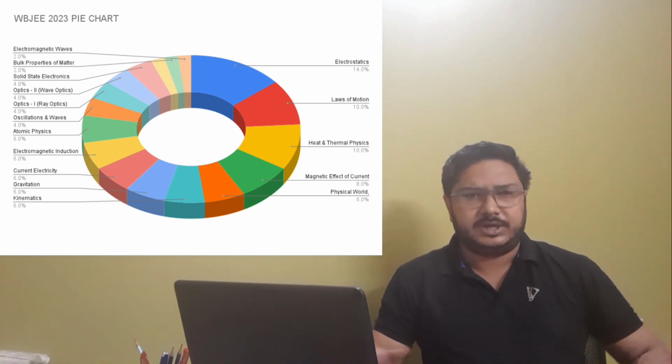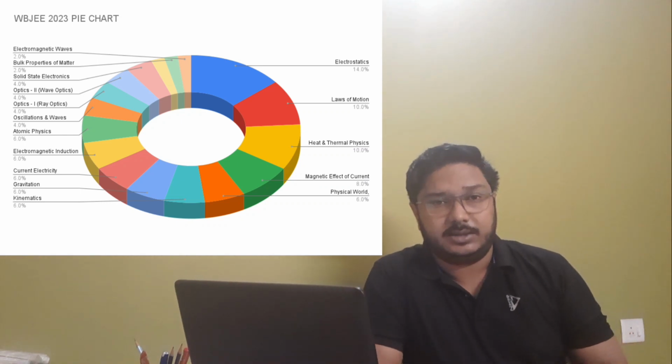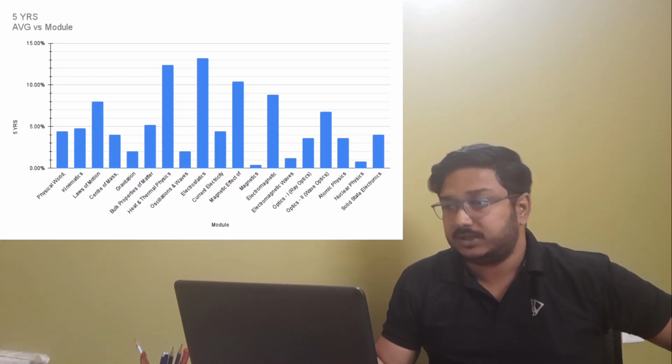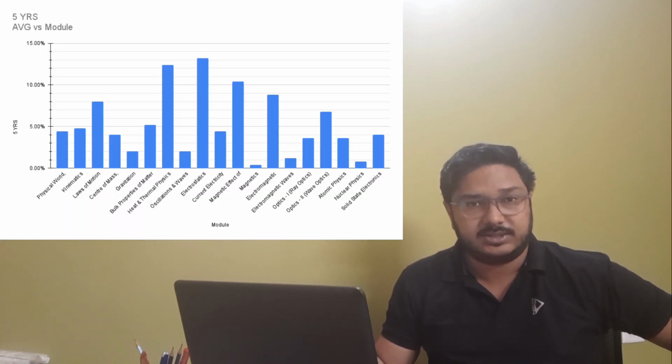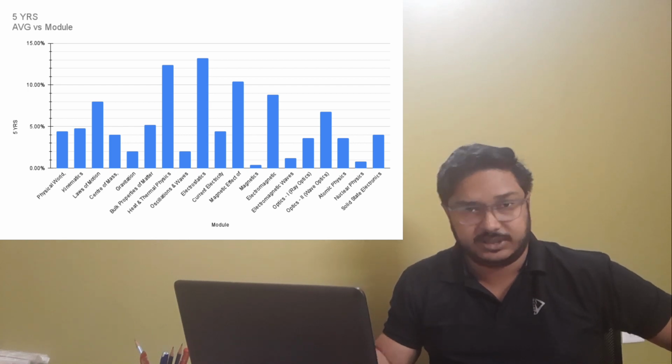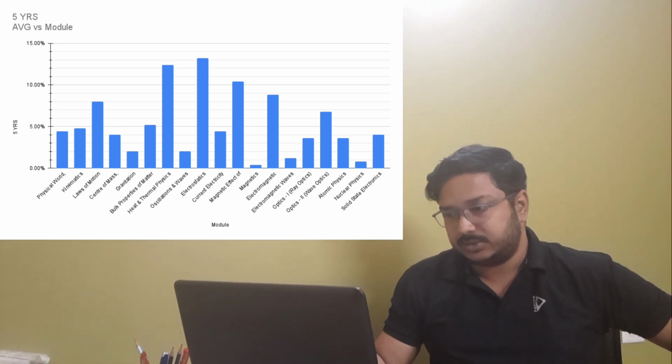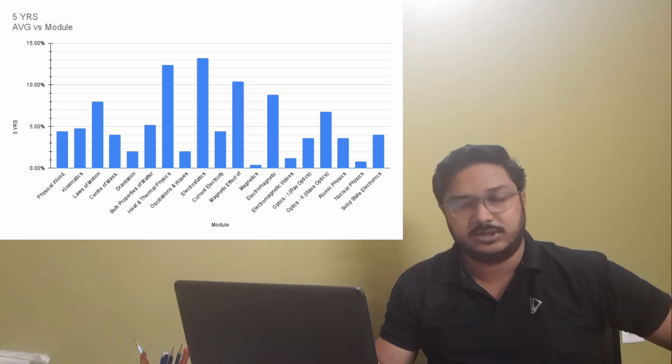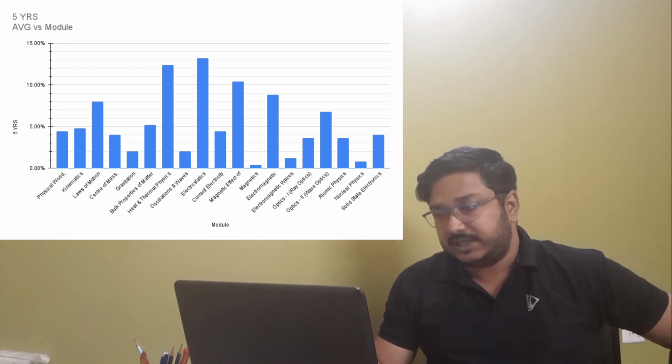So now you have some idea about what questions came in the last 5 years, especially the modules from where the questions came. Now if you combine this trend for the last 5 years, let's see the bar diagram that comes up for the average marks allocated to all the modules in the last 5 years. So this is the bar diagram that you can see here on the screen, where you can see electrostatics is